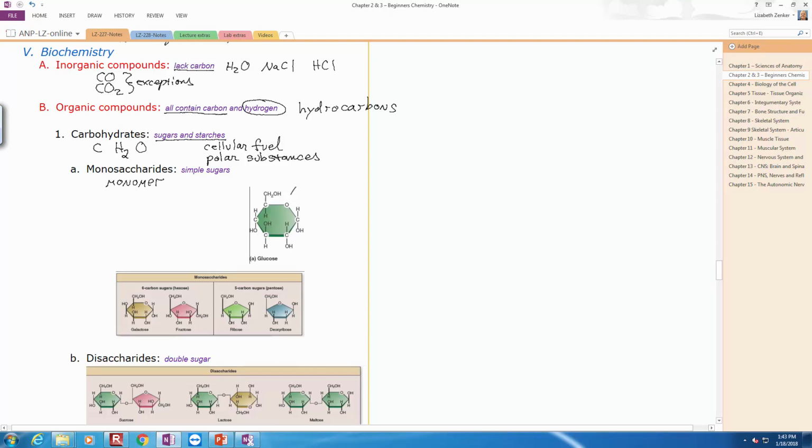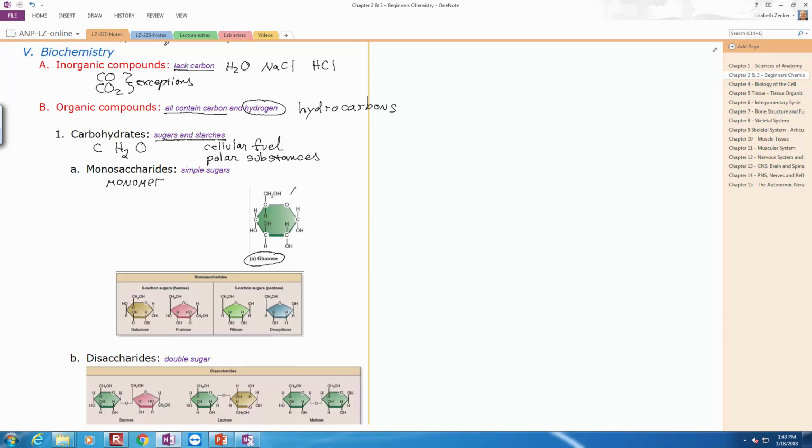Monomer, think of this as one Lego block. This is the building block of a larger molecule. So a single monomer, or one single monosaccharide. And the one we'll talk about the most is glucose. And you do need to memorize its